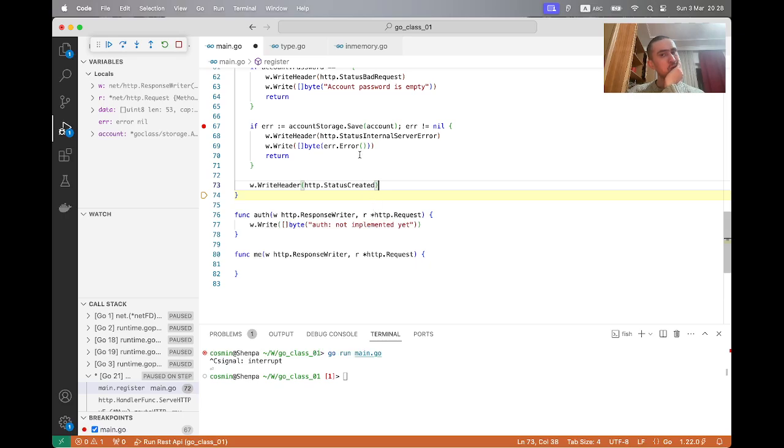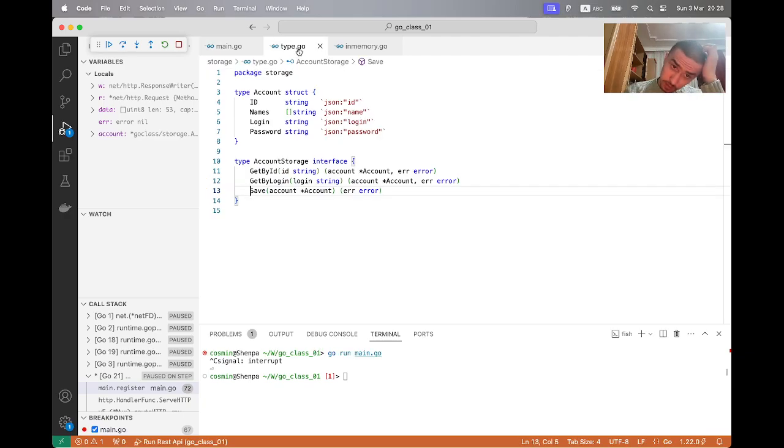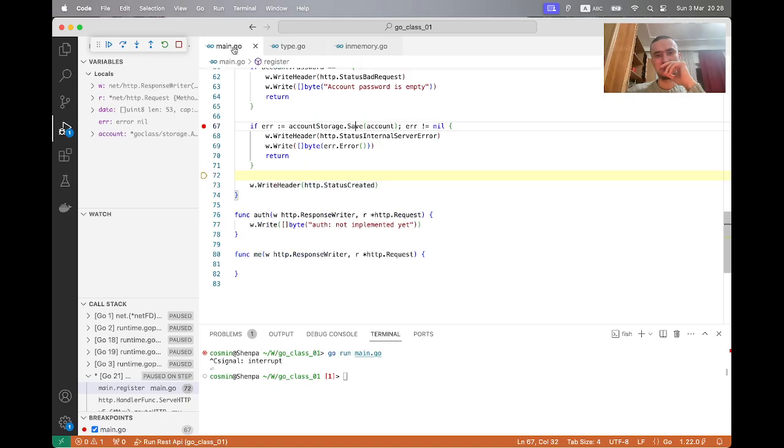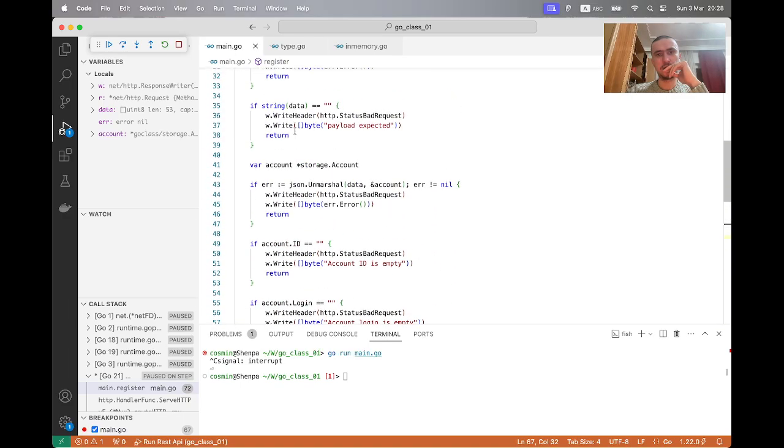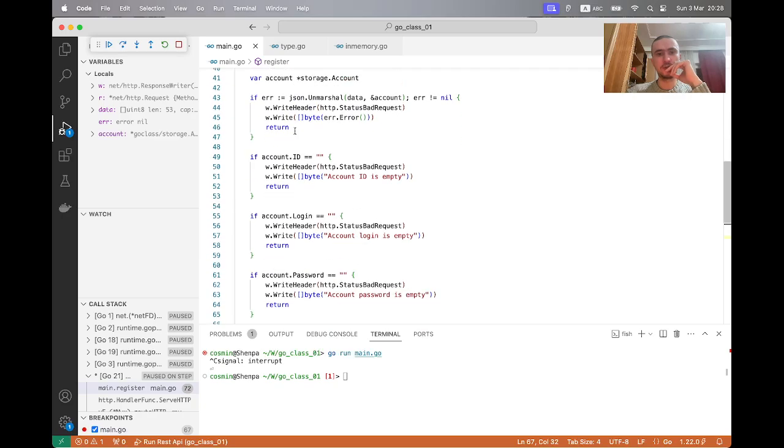We also have to change our save function, or rather change the register function,